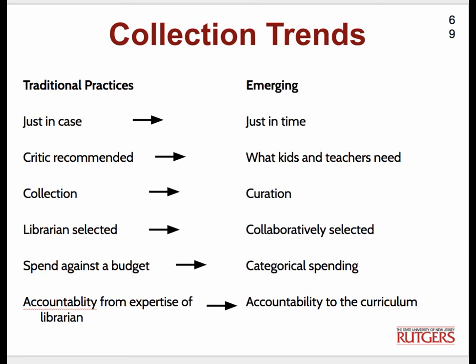Being able to text a friend at another library facilitates a more informal interlibrary loan than the old process. Borrowing within a school, borrowing quickly from your local public library, and just simply purchasing online makes it much easier. We have moved away from solely critic-recommended titles to really getting a sense of what kids and teachers need. We've moved from just collection to collection that's also incorporating digital curation, and we talked about that earlier.